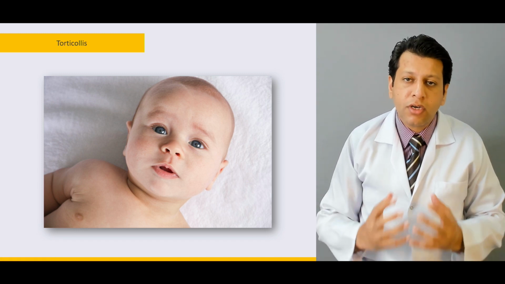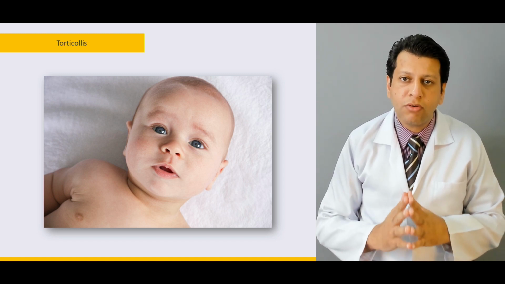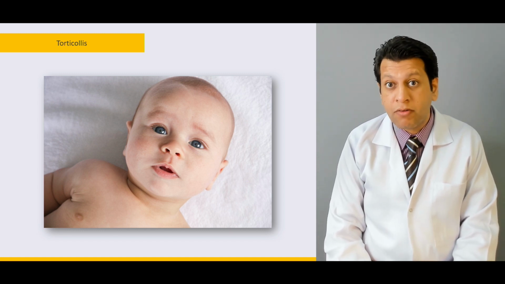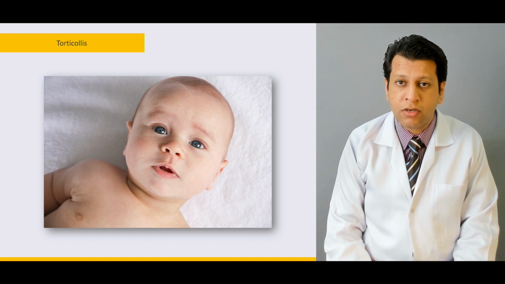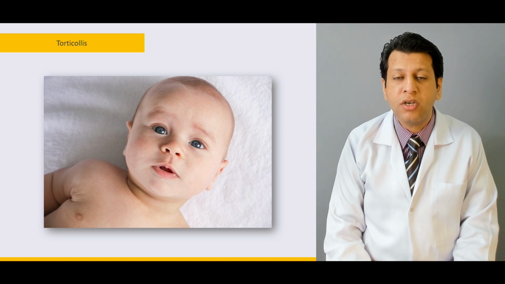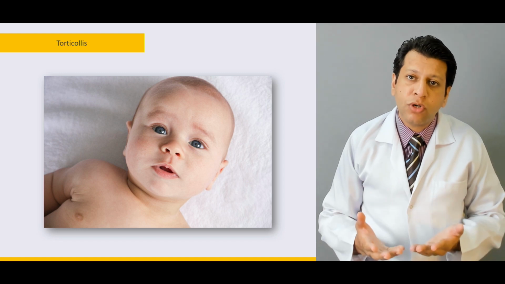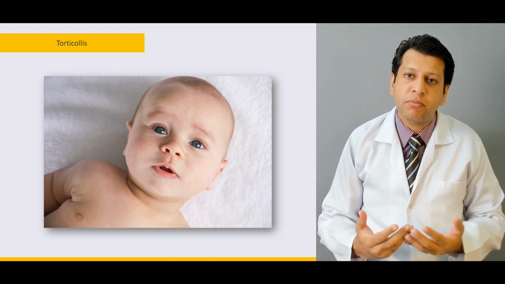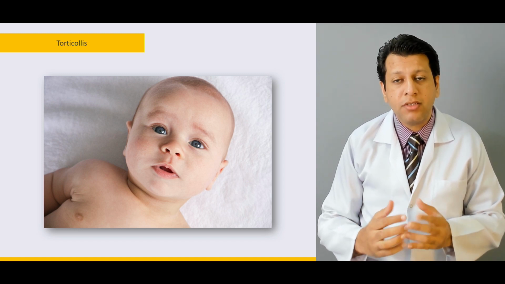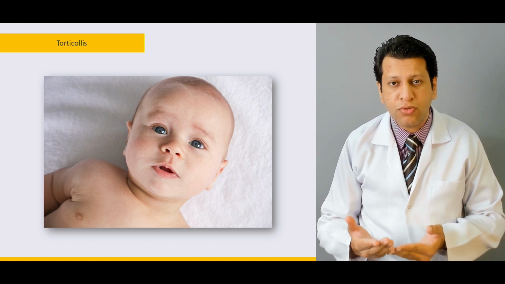Torticollis, or congenital muscular torticollis, is actually a problem with the sternocleidomastoid muscle. In utero, there is development of a compartment syndrome in the sternocleidomastoid, which eventually leads to necrosis, and this necrosis eventually predisposes to contractures of the sternocleidomastoid. So when a child is born with torticollis of the right side, that would mean that the right-sided sternocleidomastoid is necrotic and fibrosed now over